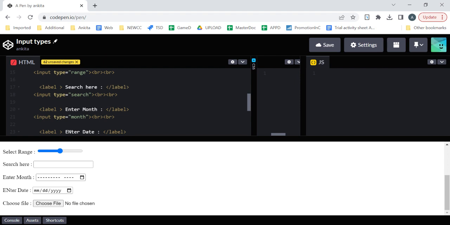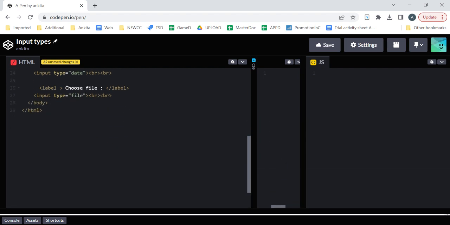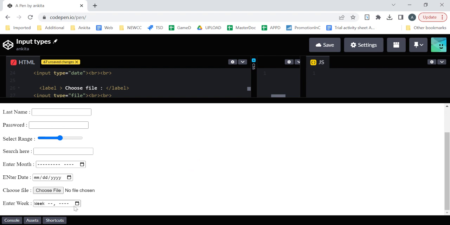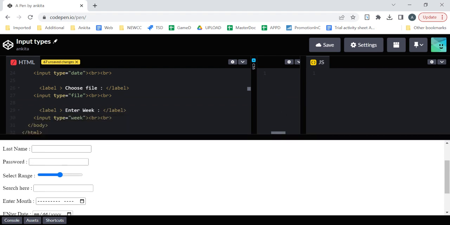Okay, now, if I also want to enter a week, suppose I do this and I just write here, enter week. Okay, and week. Am I giving the wrong thing? No, it's correct. Now instead of text, I will enter week here. As soon as I enter week here, you will be able to see it now. Now it's coming: enter week. Now I can select the week, everything. So there are too many formats for date time, local, enter a month, enter a year, enter a number,